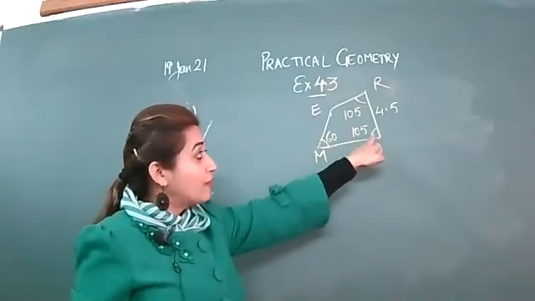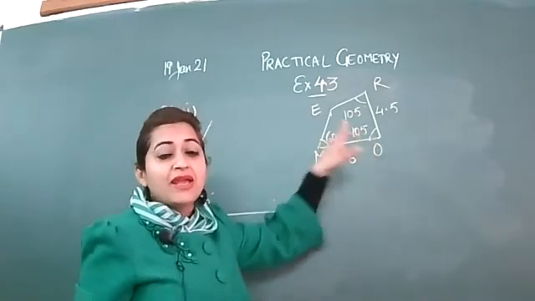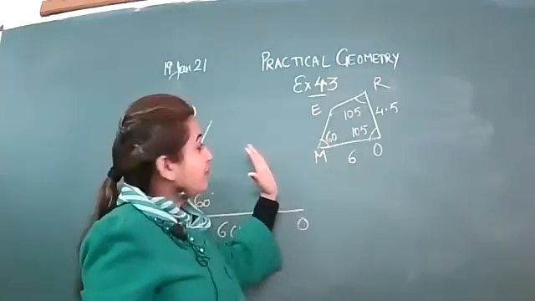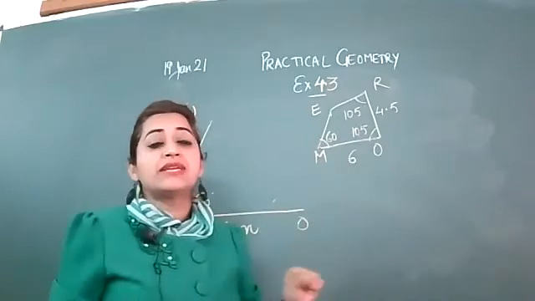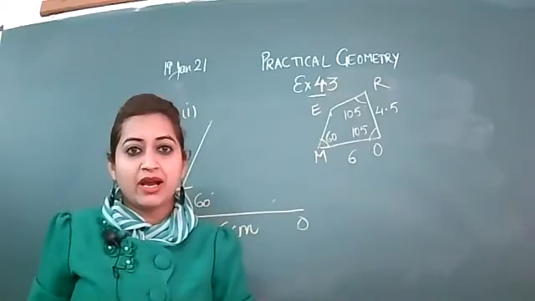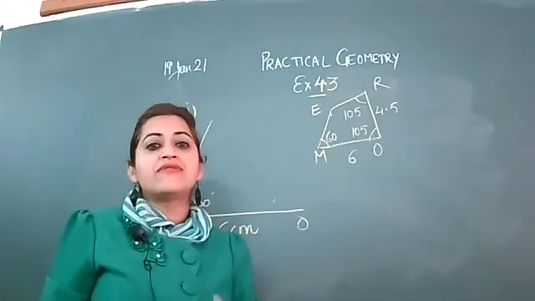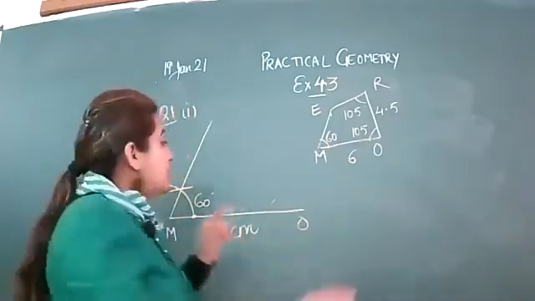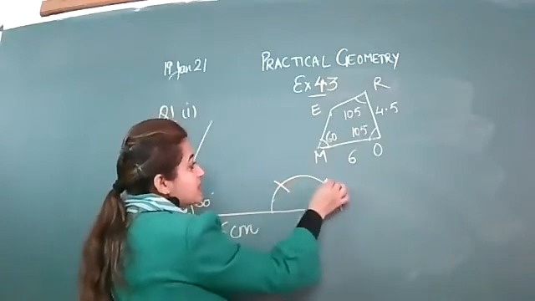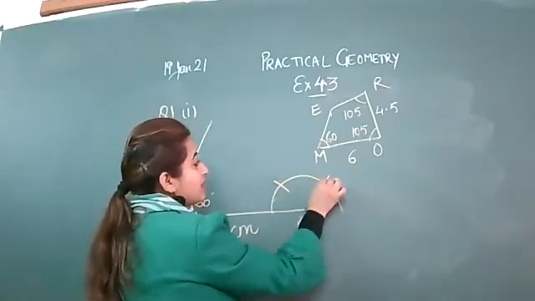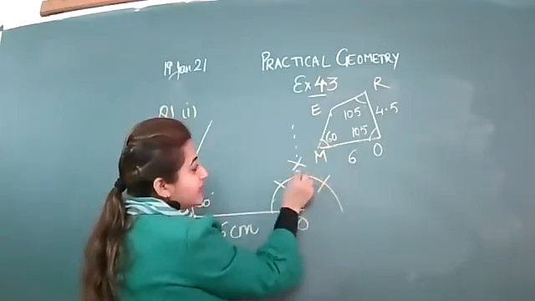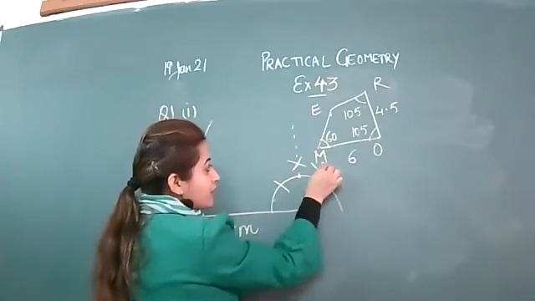Now, from O you are given angle 105. 105 is your obtuse angle that will go outside the line. That will be in the outward direction. What is 105? It is half of 90 and 120. Are you getting me? 105 is the half of 90 and 120. So from here you will make the semicircle. From here you will put 60. This is your 120. When you make the half of this, this is your 90. So make the half of 90 and 120. From here and here you will put the arc.